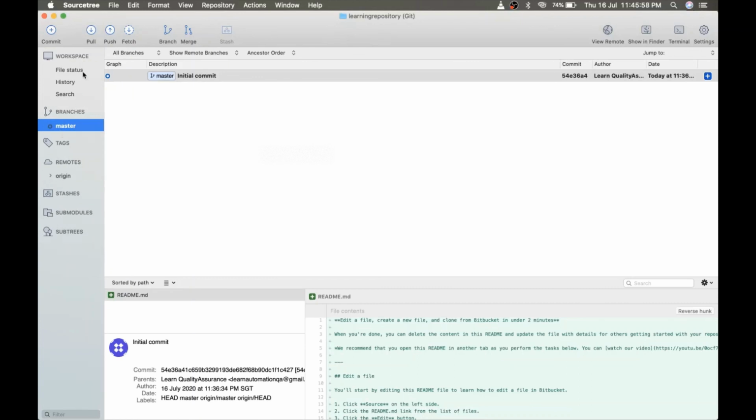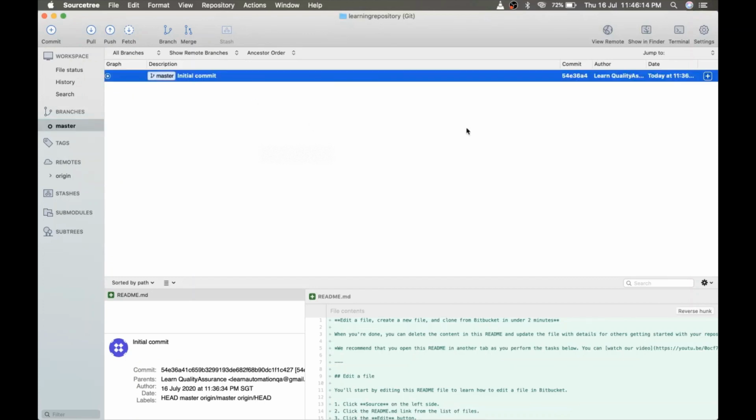Going forward we'll first check what are the different files. As you can see, whatever we have just committed during the creation of this repository is displayed here. So it's the initial commit, it comes by default, and this is the commit message because we haven't given any.